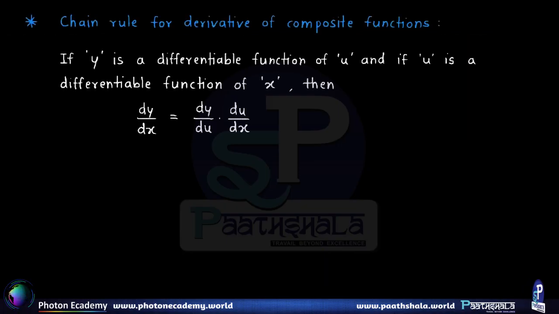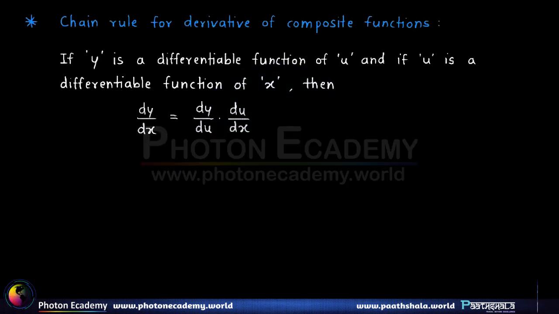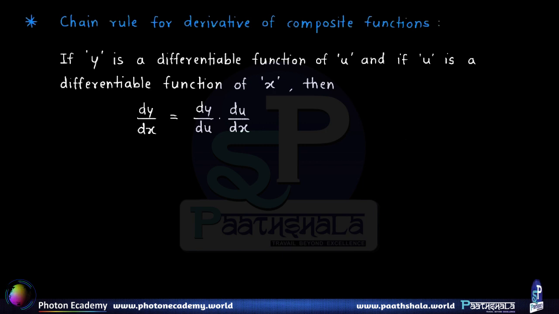Now let us see what is called the chain rule for finding the derivative of composite functions. If y is a differentiable function of u and u is a differentiable function of x, then dy by dx is equal to dy by du into du by dx. So here y is a composite function of x, and to find the derivative of y with respect to x,